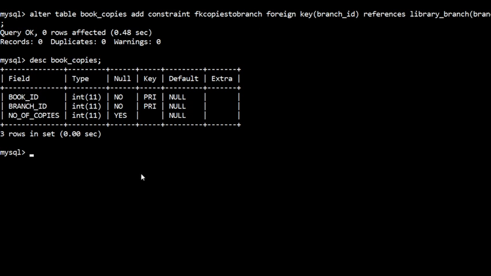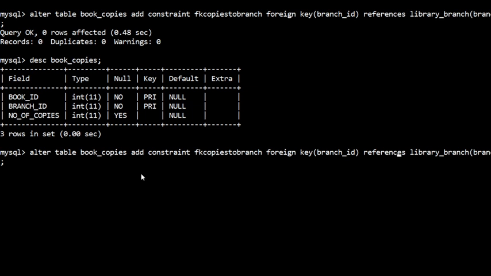Now the next is book lending table. In that table also we have two different foreign key attributes, like book ID and branch ID. So I'll just use the previous command and update this. I'm now altering book lending table, and the constraint name I'll write as lending to branch.